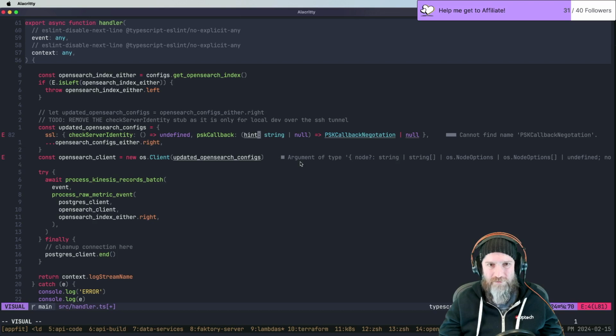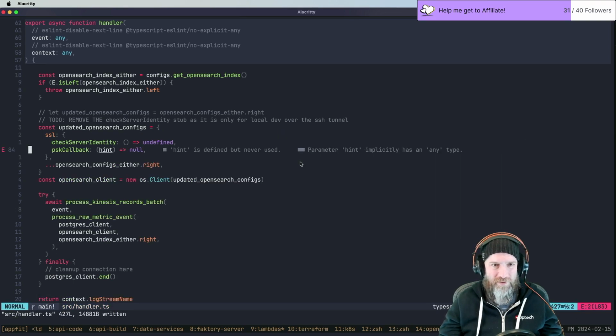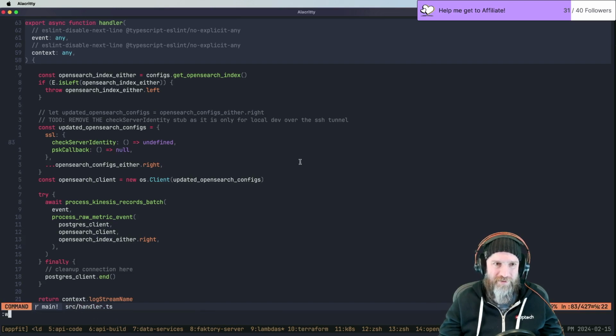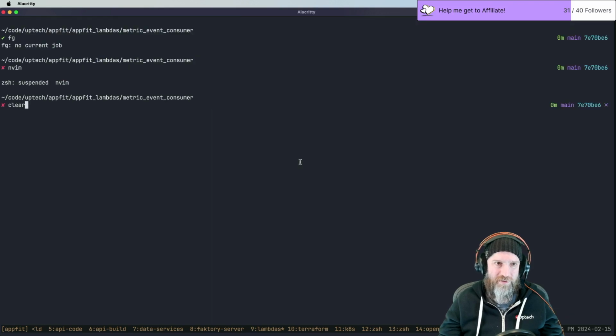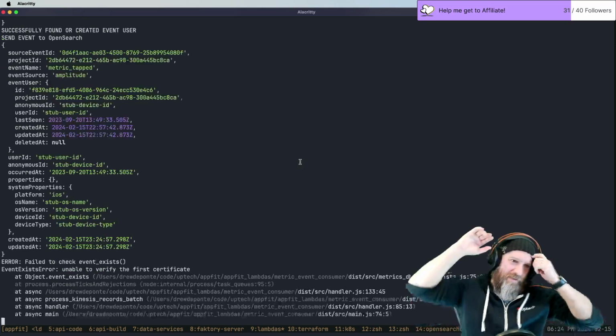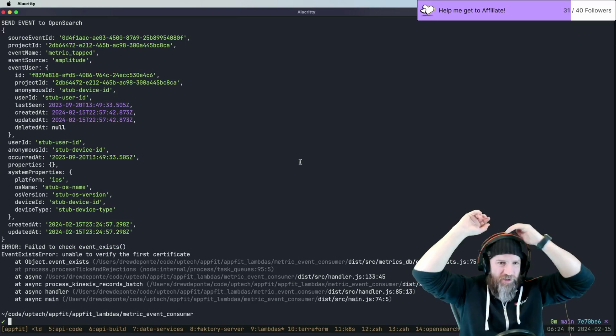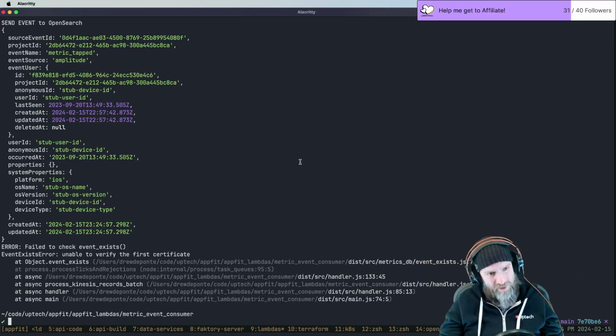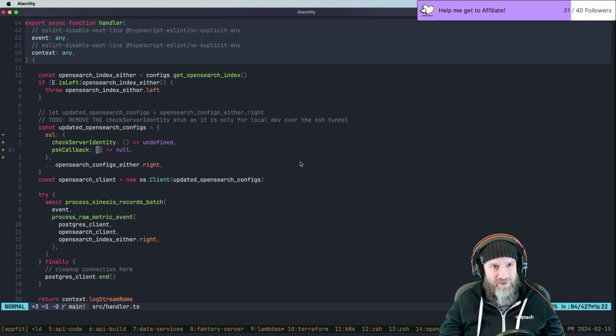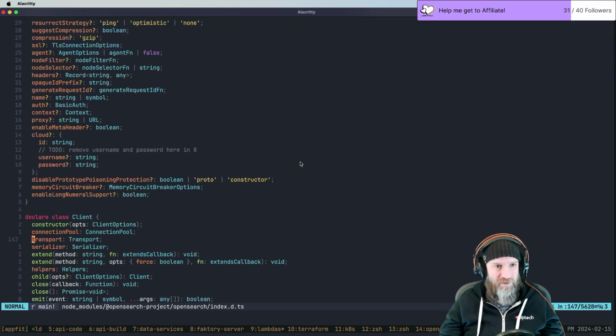We're going to take hint, could be nullable, and we're going to return null. Let's just ignore it. Let's see what happens. I don't know what that does, but failed to check, unable to verify. So we're still getting that, so it had no impact on that whatsoever. The only other option in there is to return something that